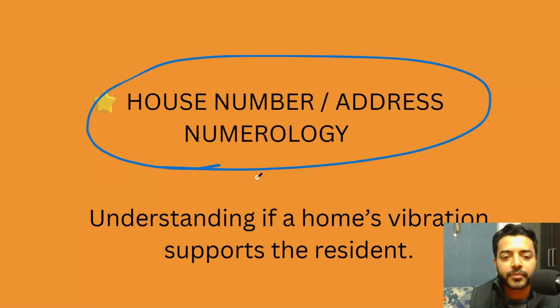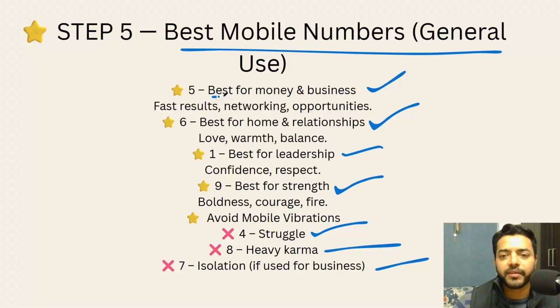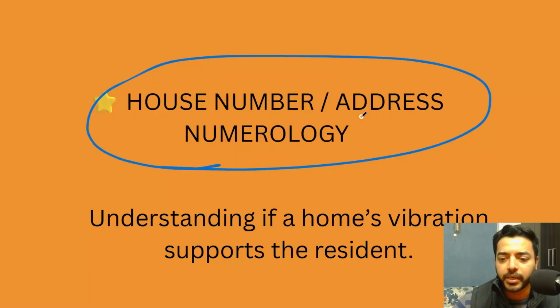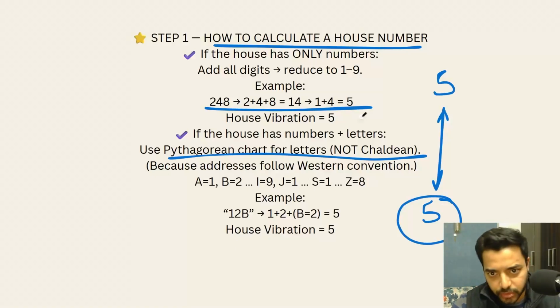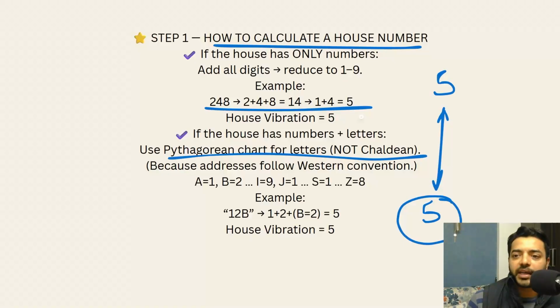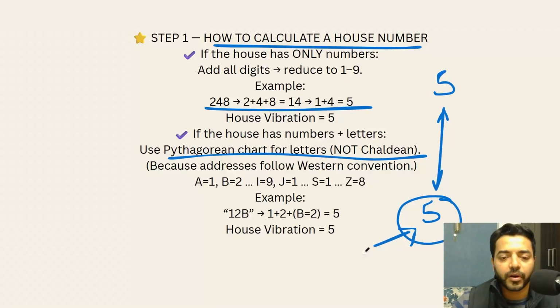So Mercury, 1 second, let's go back here. So 5 is for money and business, networking opportunities, but also if it's a house, if it's your house address, you don't want to have 5 to it because 5 is unstable, 5 is restless energy, right? So you don't want to have 5 for your home address. So there are 2 types of compatibility. One is the fire, earth and water compatibility. Second is, if it's a business, then 5 is better. If it's a mobile number, 5 is good. But if it's house, then house and Mercury, restlessness, you want to travel, so you will never be in your house. So better to not have that house number,